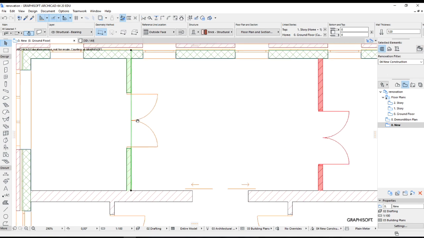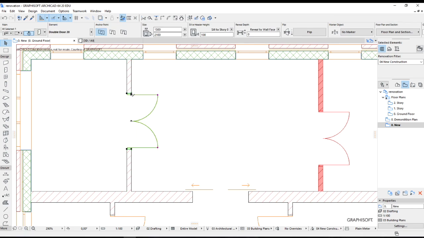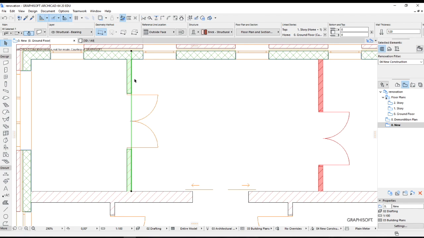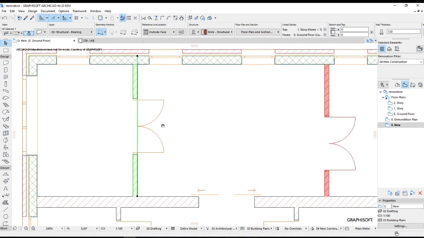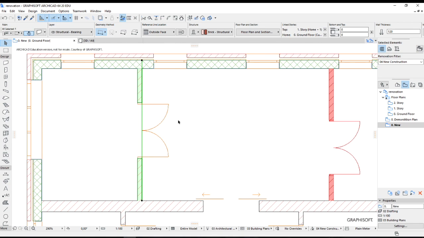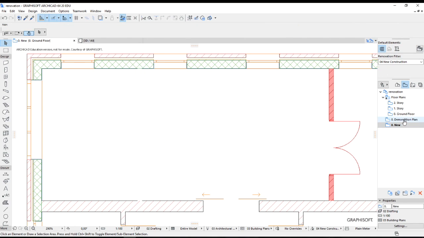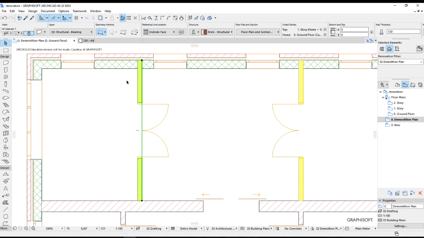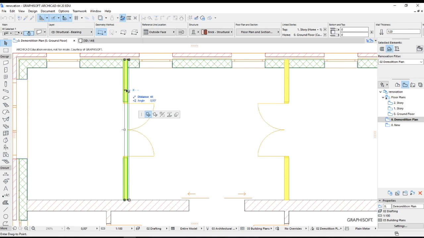Now let's consider a more difficult situation. For example, we need to move a door opening. In this case, we don't need to demolish the whole wall, but in Archicad we need to proceed as follows. In any case, this partition has to be specified as demolished. Then we go to the demolition plan. This is how it looks now. Then we select this partition